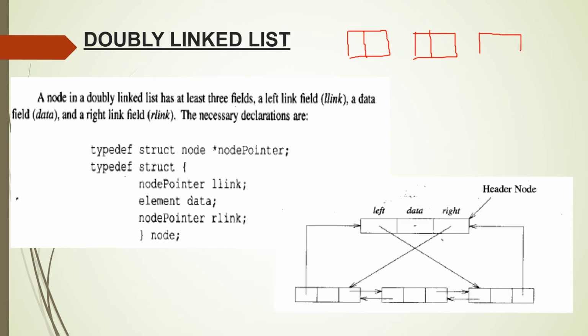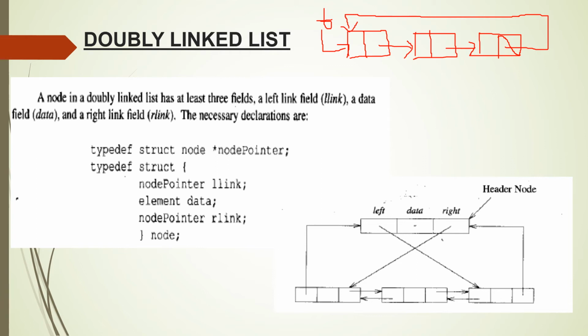For example, consider this single linked list, which consists of three nodes. If it is a normal single linked list, the link field of the last node holds the value null, and the list is always pointed to by the variable first. So here you can traverse this list in only one direction, that is, the forward direction. If it is a circular single linked list, the link field of the last node holds the base address of the first node, so it is pointing to the first node.